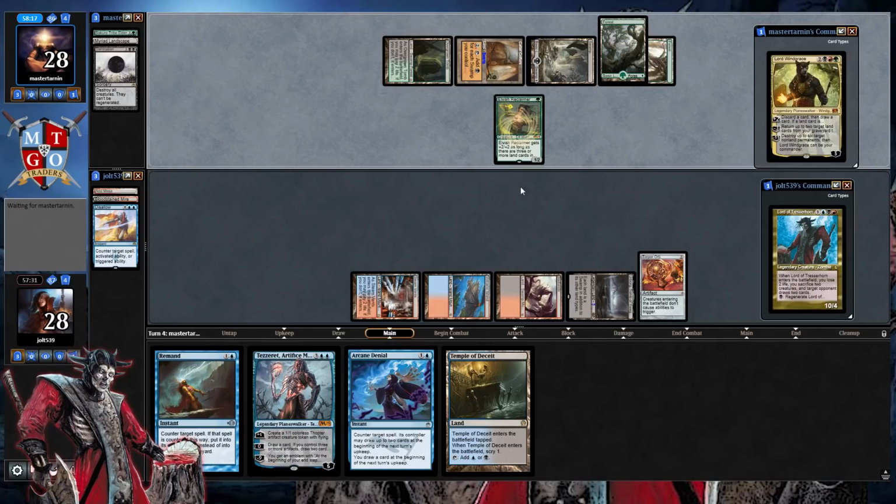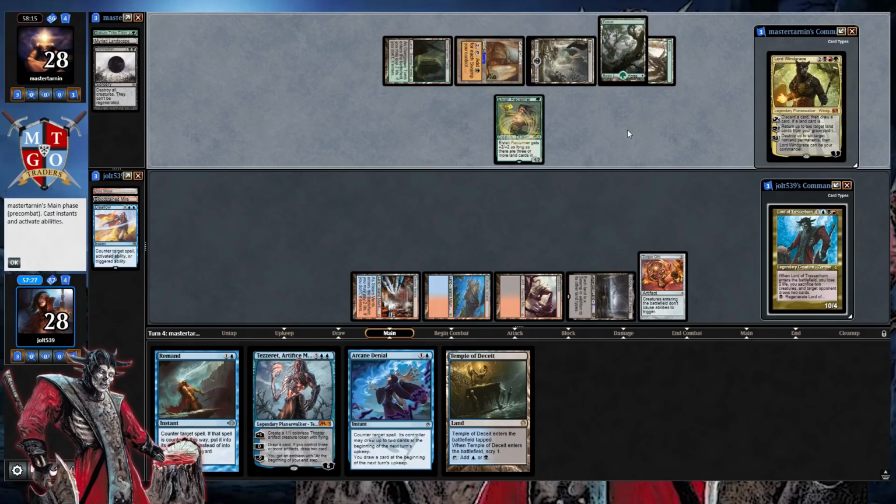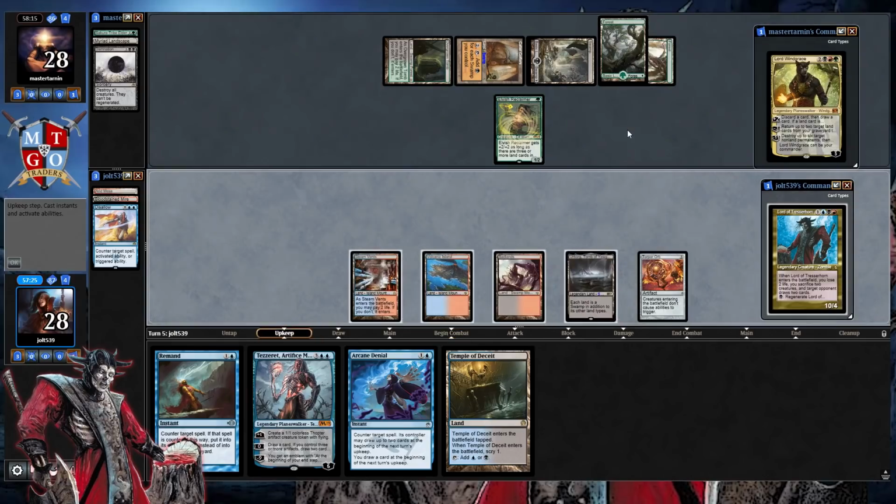So at least we got ourselves a little game. That'll be fun. Sacrifice a land, switch your life for a land card, put it on the battlefield, tap. Okay, so if they have to crack one of their lands to grab a mountain, feel pretty good about that. So let's see what we...